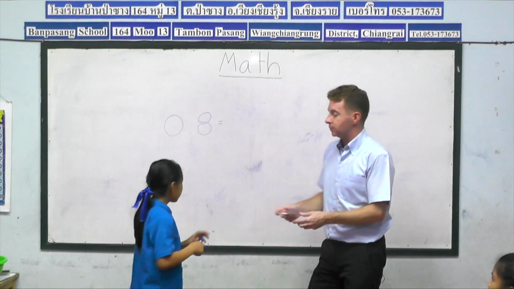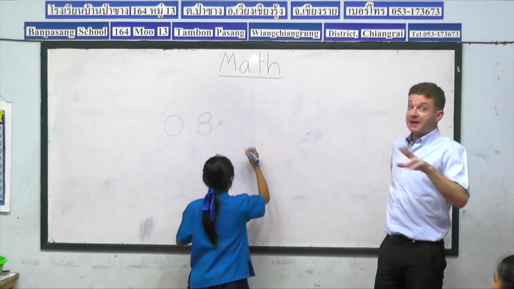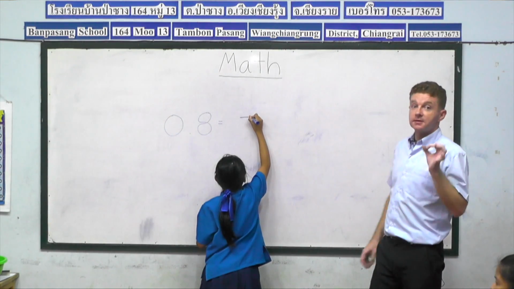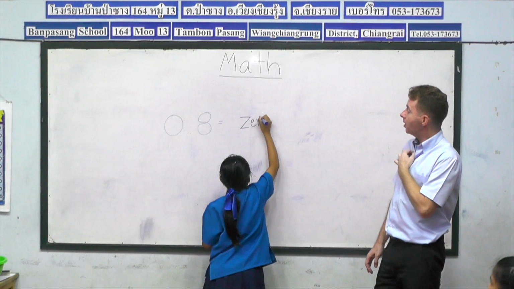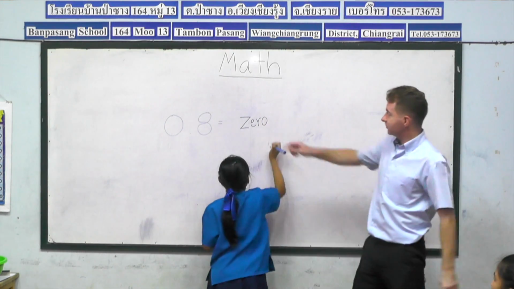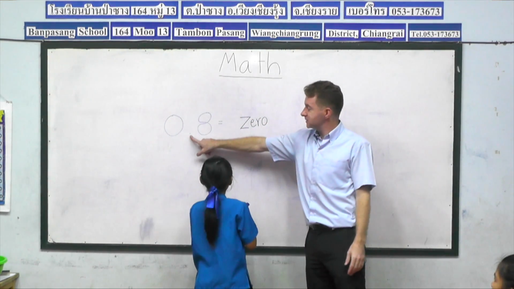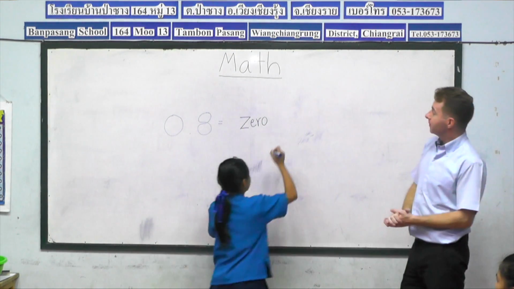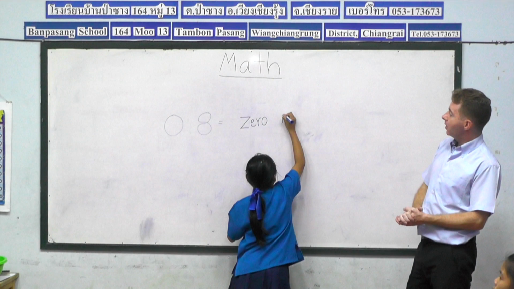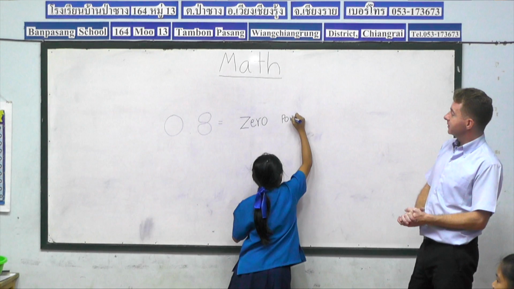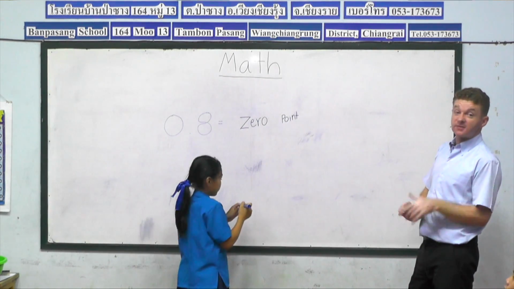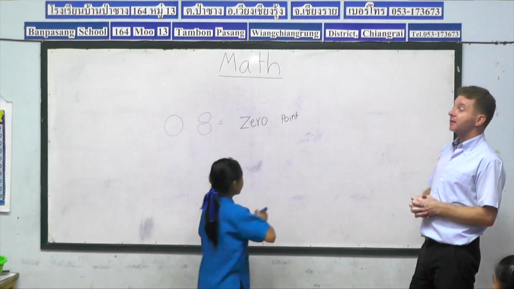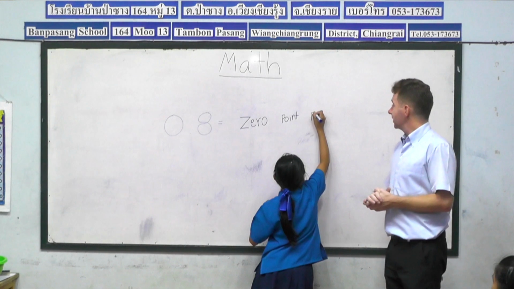So Nadia, for you. So the first two words never change. 0, Z, E, R, O. Okay, excellent. So that's our 0. And then what comes next? Point. P, O, I, N, T. And then finally, we need our third word, the digit 8. So let's spell 8 together. E, I,